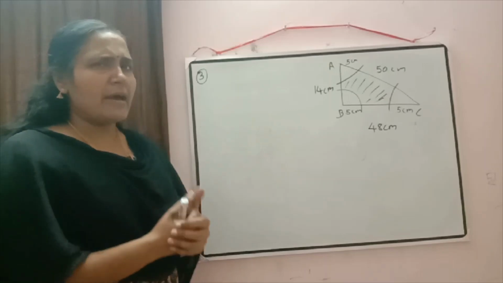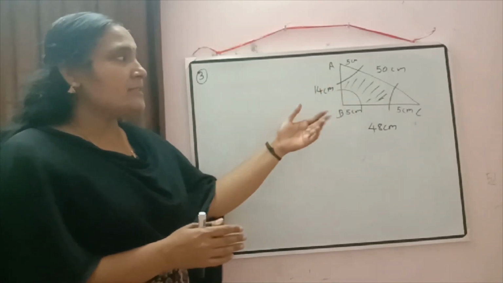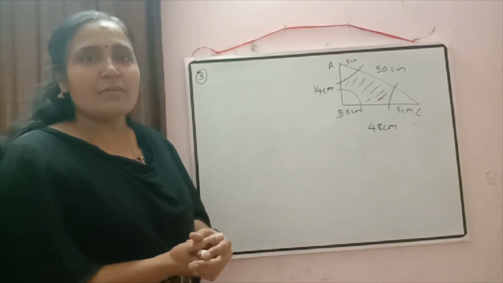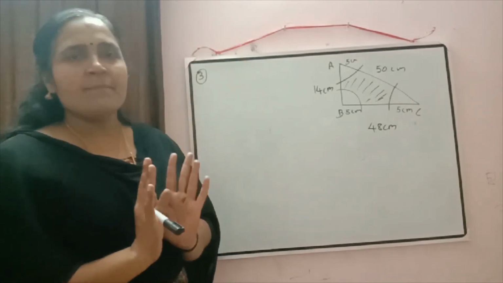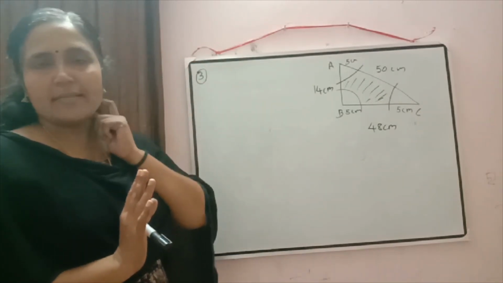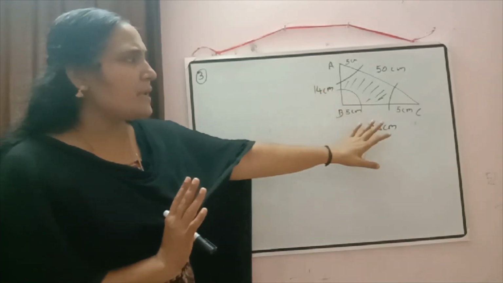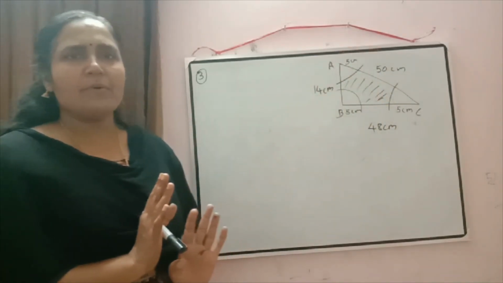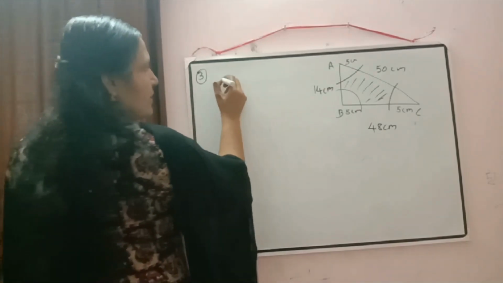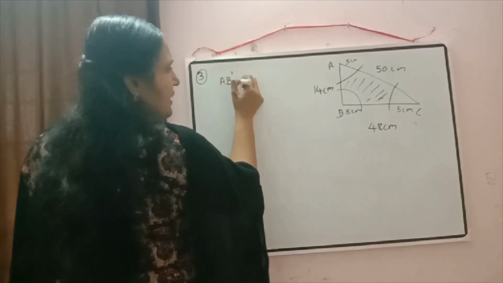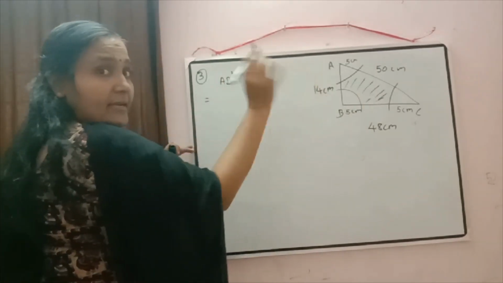Okay. So before going to Heron's formula, we can check whether it is a right triangle, because if it is a right triangle, calculation will be easy for us. If it is not a right triangle, then obviously we will use Heron's formula only to calculate the area. We can check whether altitude square plus base square is equal to hypotenuse square or not. Okay. So we are checking whether AB square plus BC square is equal to AC square. Don't write there it is equal to.